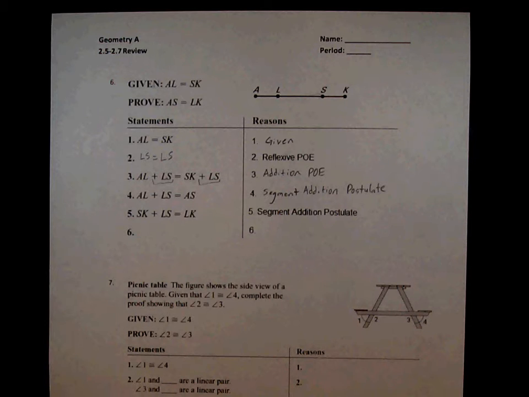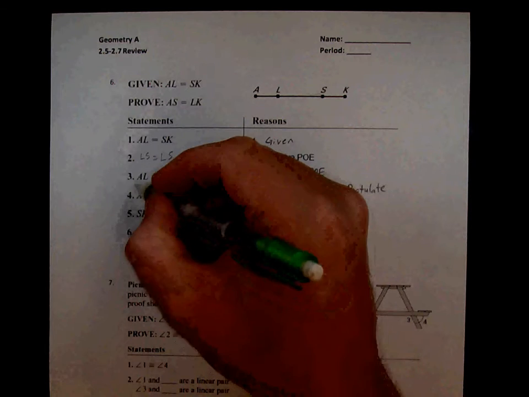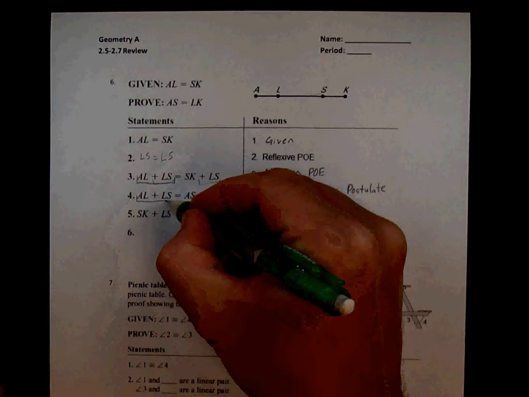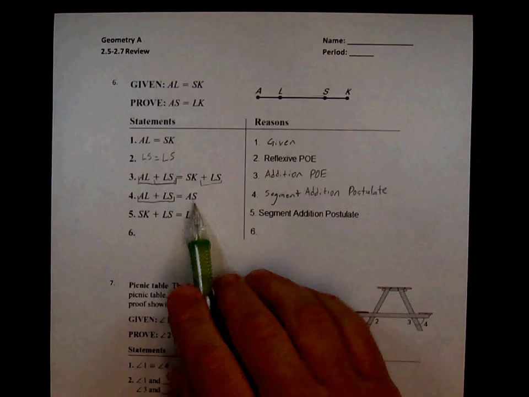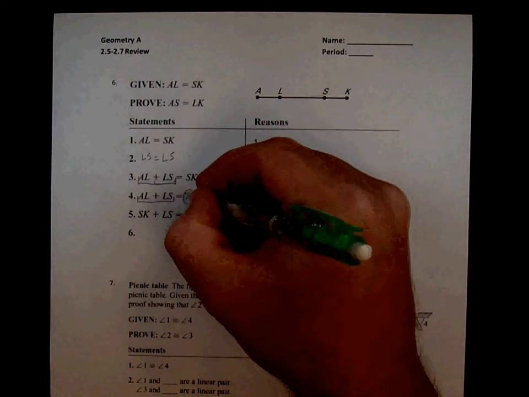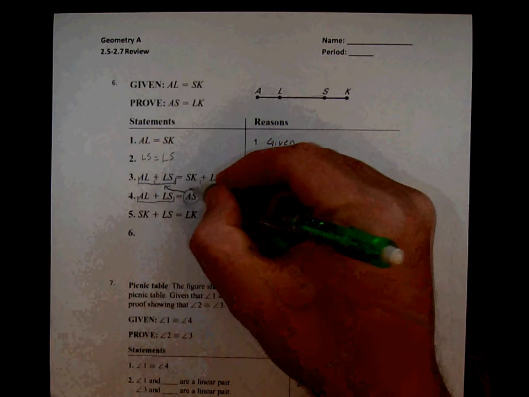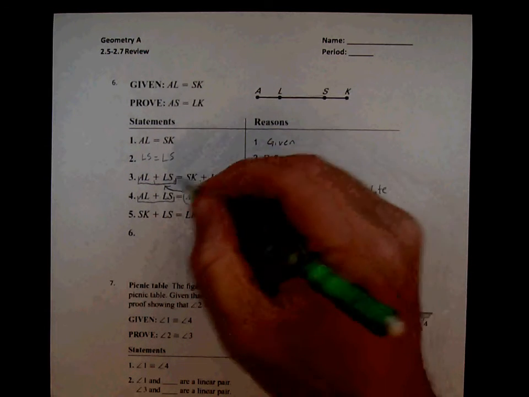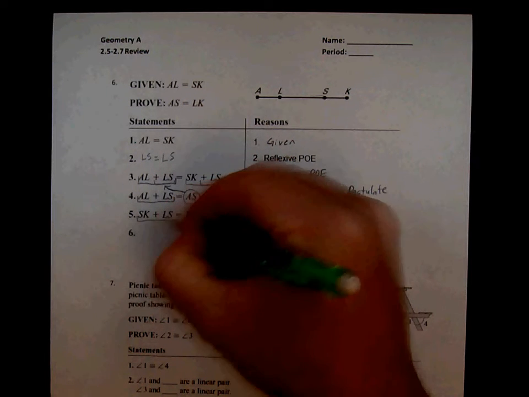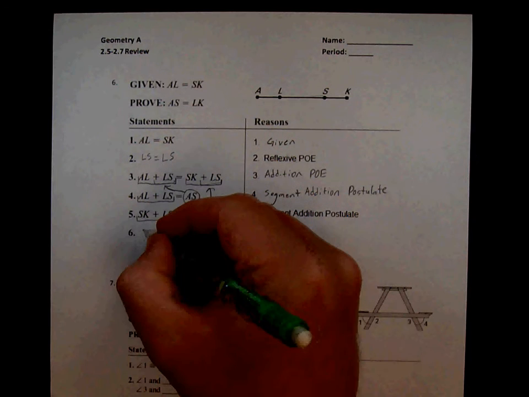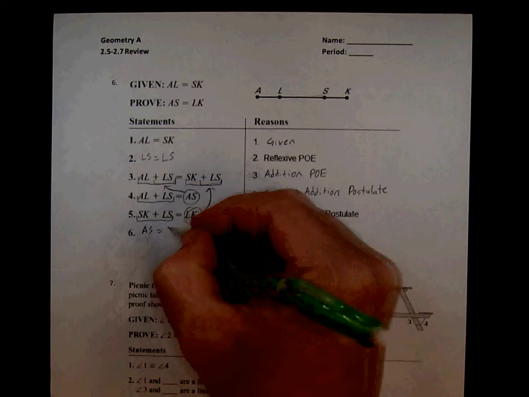So then in step number 6, what we're doing is we're combining lines 3, 4, and 5. If you look at line 3, it starts off with AL plus LS. But in step 4, we also had an AL plus LS. We said it was equal to AS. So what we can do is take the AS and substitute it in on the left side. Then on the right side, we have SK plus LS. In number 5, we have SK plus LS equals LK. So we can take LK and substitute it into the right side,